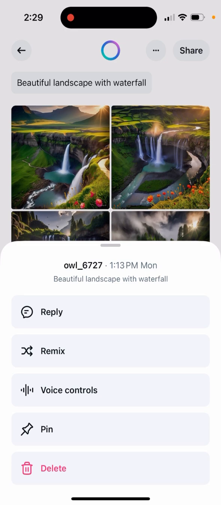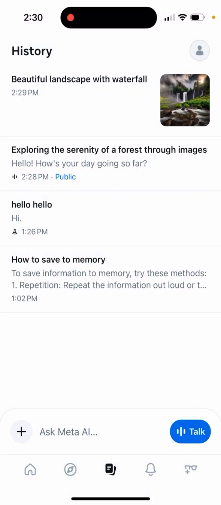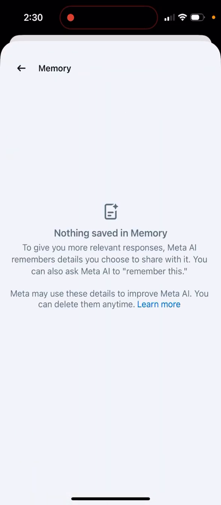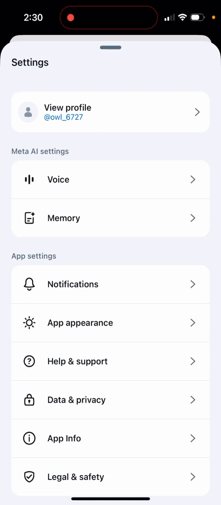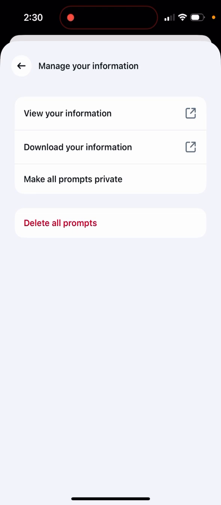And then in the top right, you have all of these memory settings. You can see your memory, you can clear your memory. Then there is data and privacy. You can manage information, so you can make all prompts private if you want. That's one of the ways to do it. You can also delete all prompts right away. So this is a super fast way to delete all your prompts, or just make all your